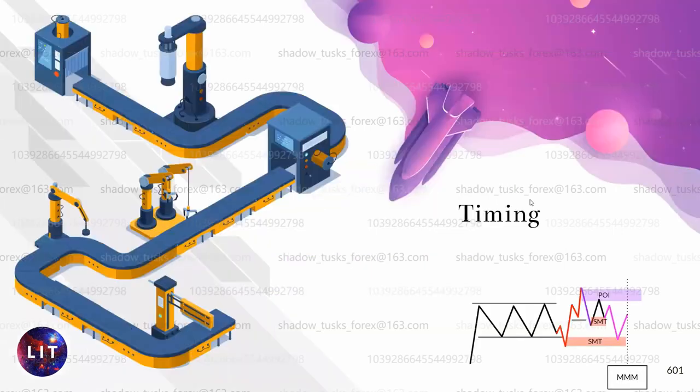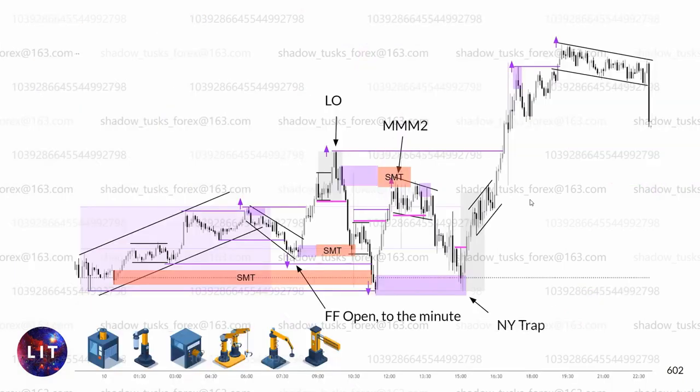Timing. So this is what's going to really validate your inducements, and it's going to be something that you really want to look into when you're looking for your inducements. Those vector candles are definitely going to be happening around these timings, and your timing based inducements will be the best inducements. So let's look at it. Exactly, Frankfurt open to the minute. This is actually a setup in and of itself. We'll get into it later, but it's called Fast and Frank